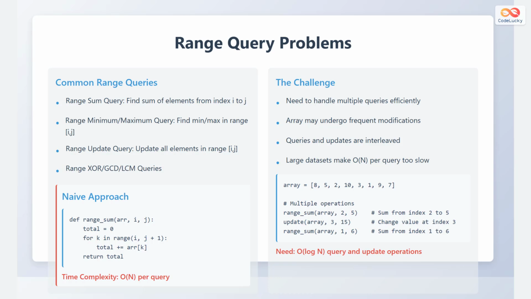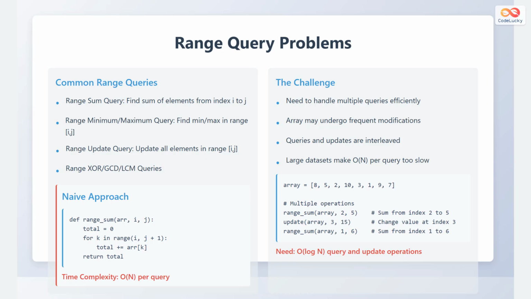in an array. Then there's the range update query, where we update all elements within a given range, for example, adding a certain value to all elements between index i and index j. Finally, we might encounter range XOR, GCD, or LCM queries, involving operations like XOR, greatest common divisor, or least common